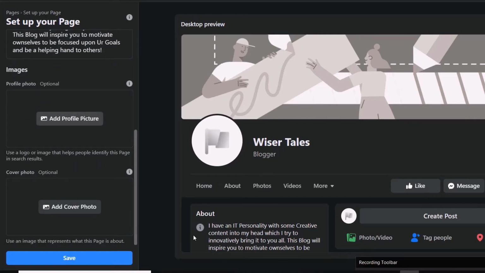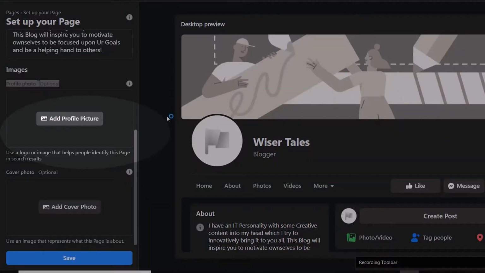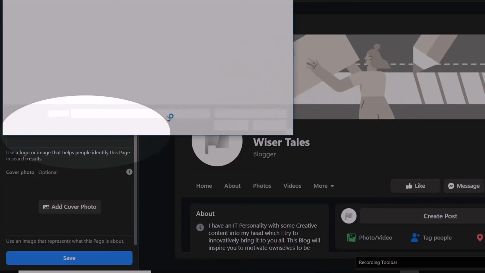After that, you can add the profile picture as shown. Once you create the page, these two new options will be opened. One is the profile picture and the other is the cover photo.